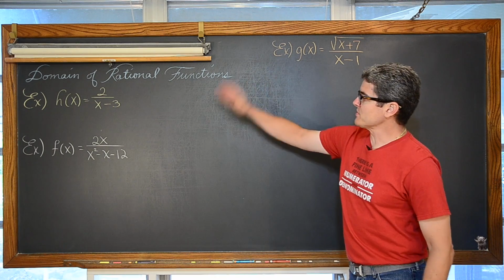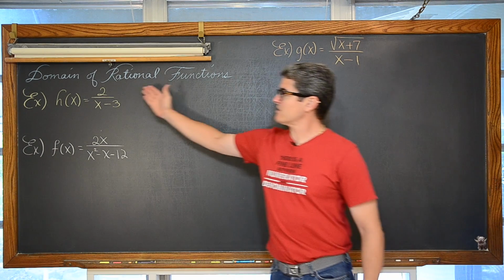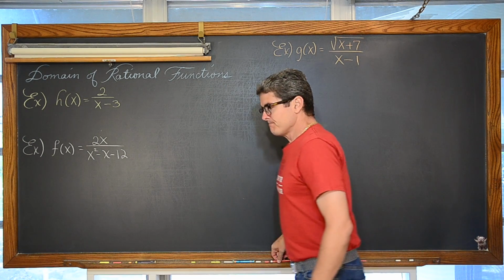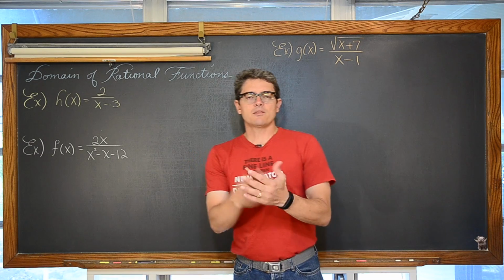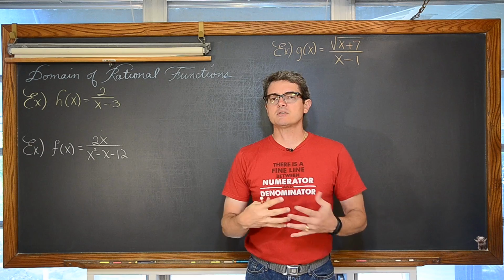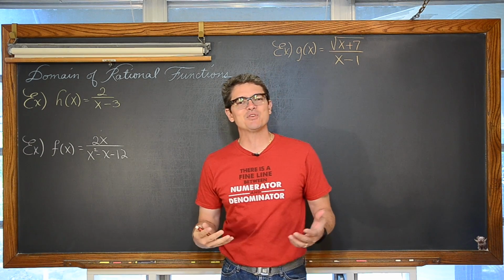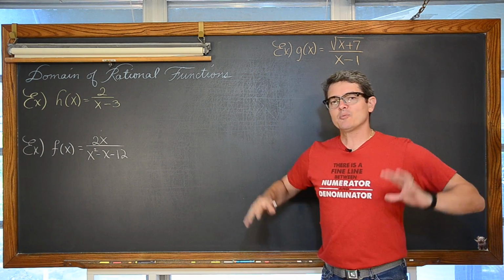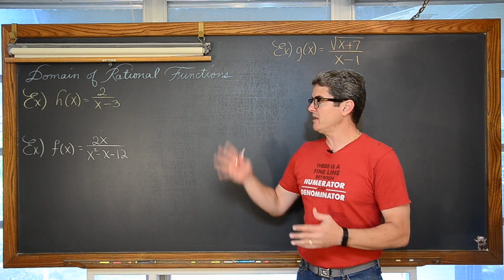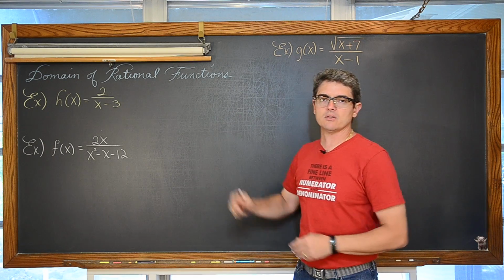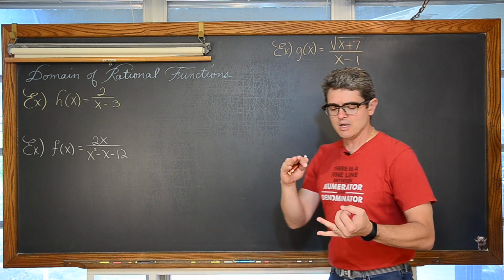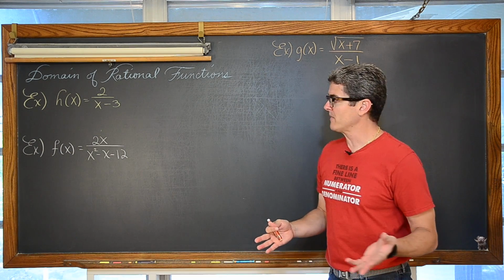So our first of 3 examples here, we're going to find the domain of h of x, where it's equal to 2 divided by x minus 3. The thing with pre-calculus, and you might just be using this for Algebra 1, but when you get into pre-calculus and these advanced mathematics, a lot of what you're learning is review. But they're putting all these different types of functions in at the same time. At this early stage of our pre-calculus, we're only looking at rational functions and square roots, but we'll be talking about logarithms later on in the year, trig functions, and so on.